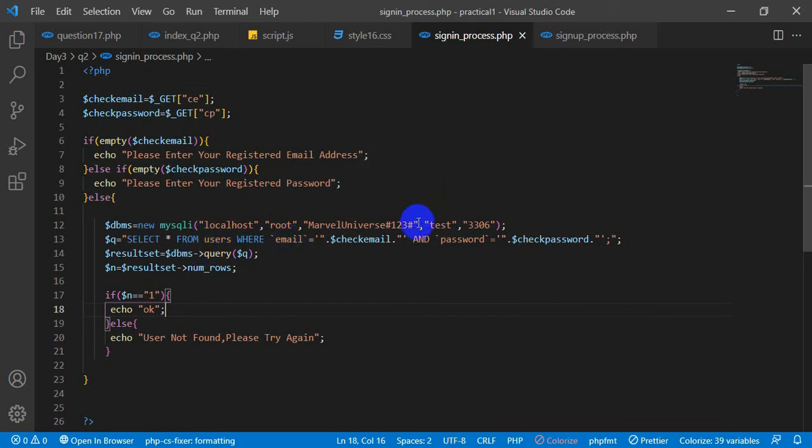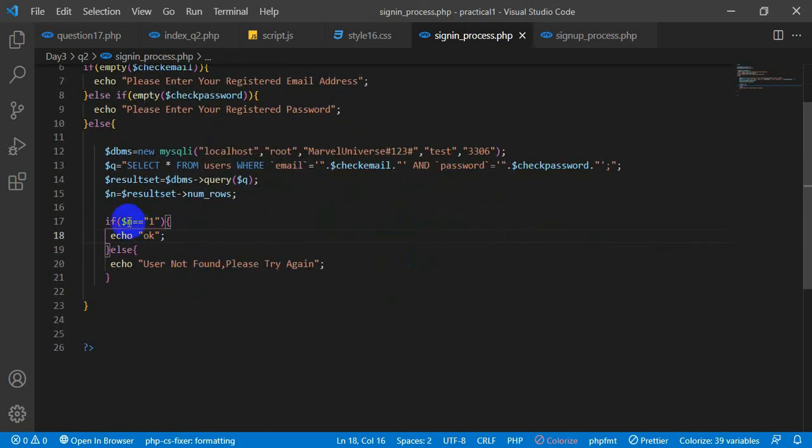In this query, I have simply checked whether there's a user with the email that you have entered, and I have run a query, and in that query I get a data table. If the number of rows is 1, it sends the message echo OK, and if the number of rows is not 1, I have sent the message echo user not found.